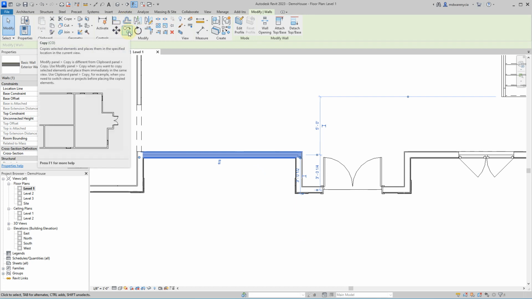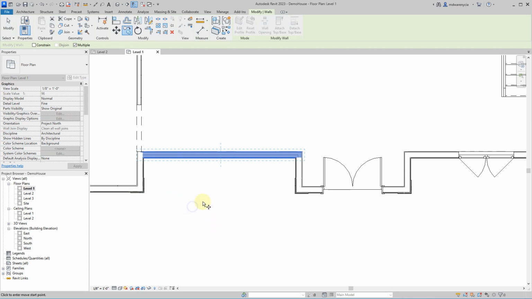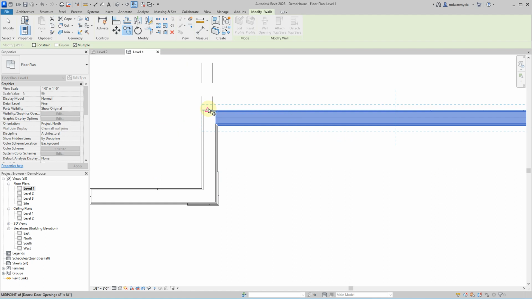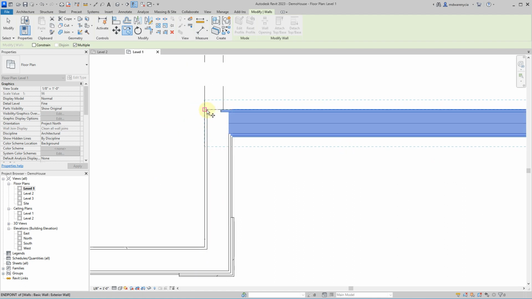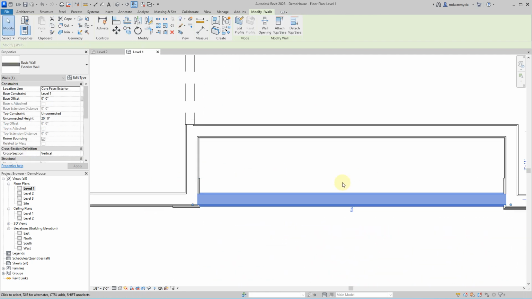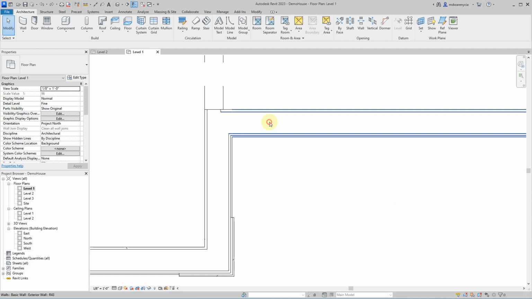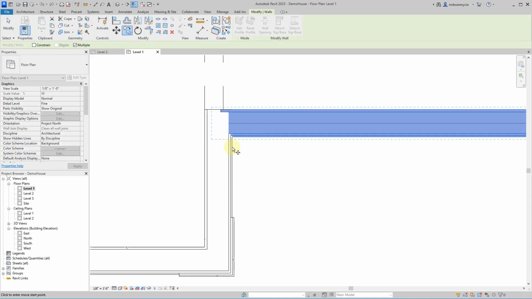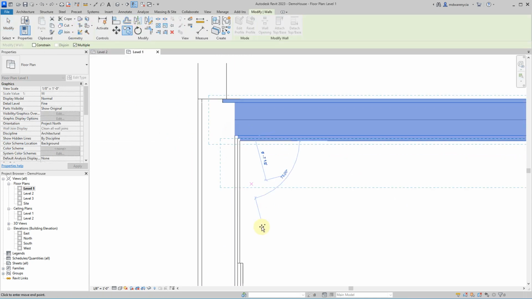Copy is one of those things that kind of comes in handy in a couple unique ways. God, I keep hitting the wrong controls. I've been using something else all day. All right, so if I wanted to copy this, I could choose a reference point here, and then copy it to here. So it's just another way where, again, if you wanted to get a couple things out here, I could choose this corner right here,